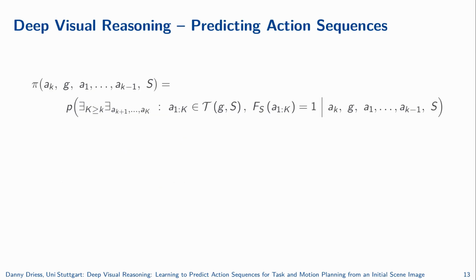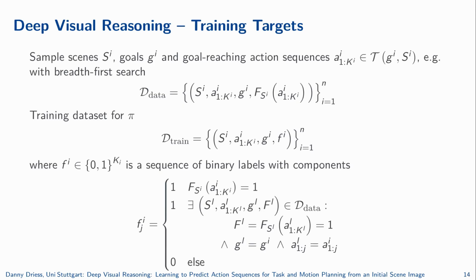Instead, we want to learn a function pi that decides whether an action ak at step k of the sequence is promising in the sense of there exist future actions up to capital K, which not only reach the symbolic goal, but the corresponding trajectory optimization problem is also feasible. All that conditioned on the goal G, the scene S, and the actions taken before. During the tree search, one would then follow at each step the action where pi has the highest prediction. It turns out that through a data transformation, learning pi can be framed as a well-defined supervised learning problem, which I state here, but I have to skip details due to time constraints.